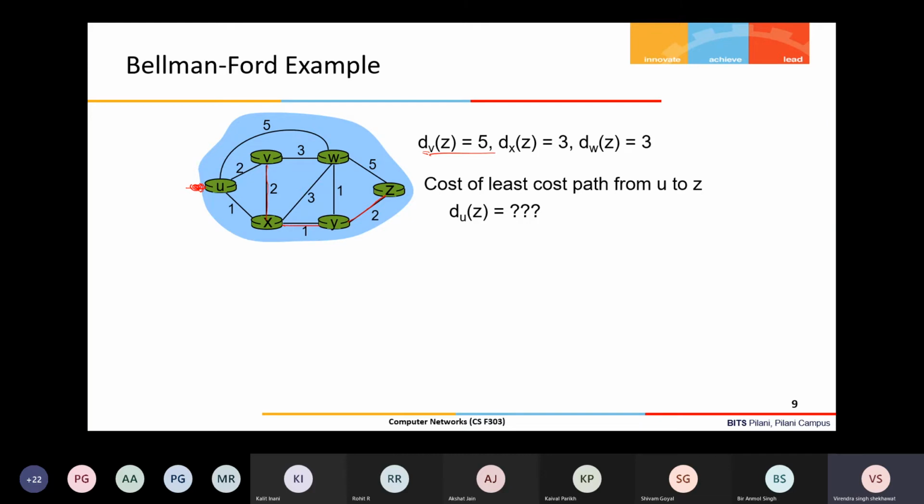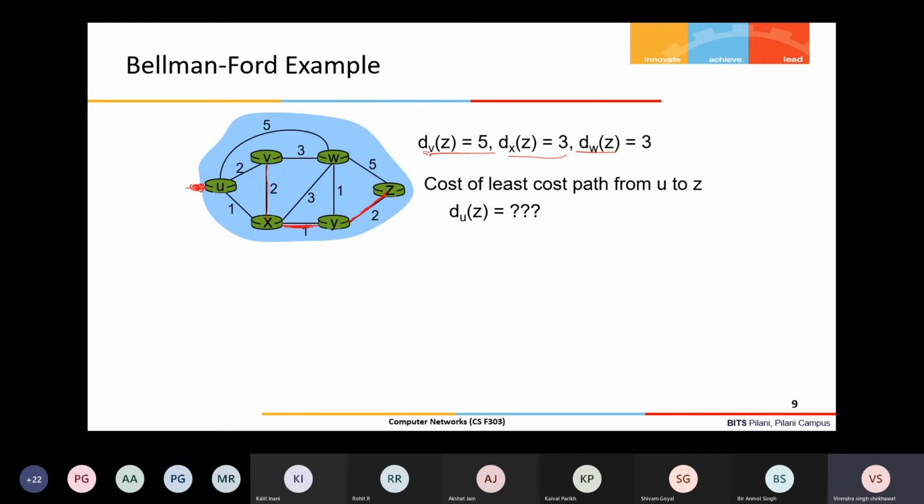We'll see algorithmically, step by step, how this cost ultimately converges to this 5. Initially it may start from some value and then finally it converges to the least value. Right now we are just understanding the notation. So what does it mean? This d_xz means the least cost from x to z. So x to z least cost is this one, 1 plus 2.